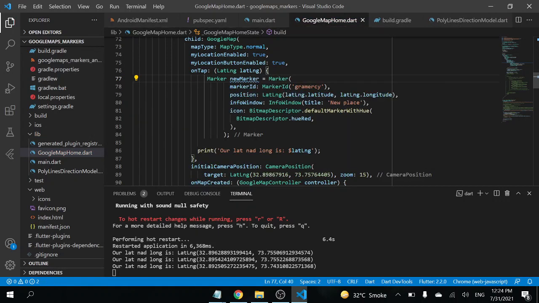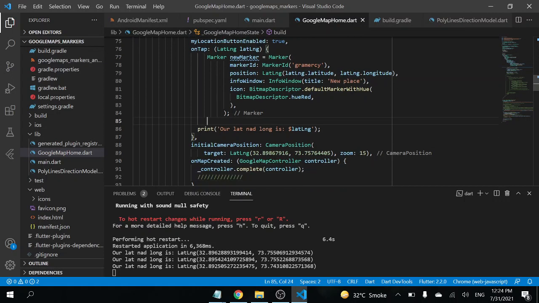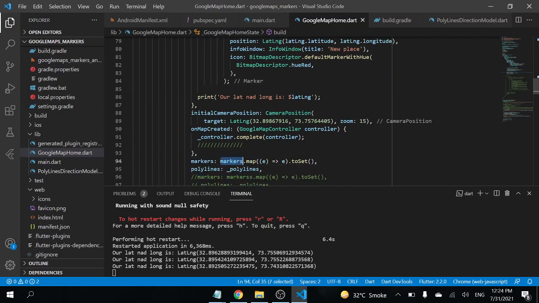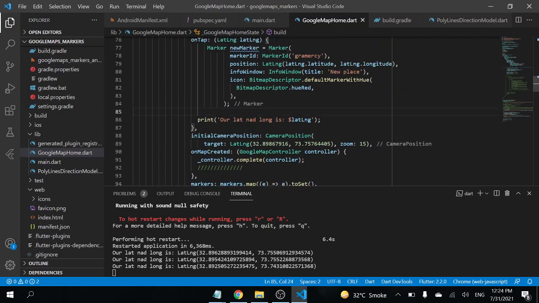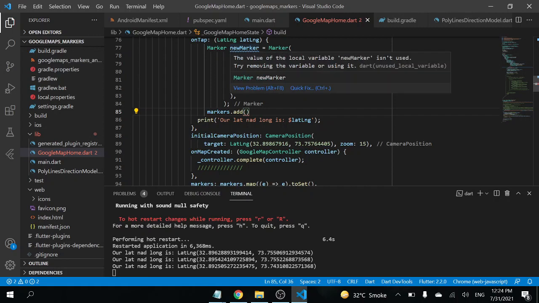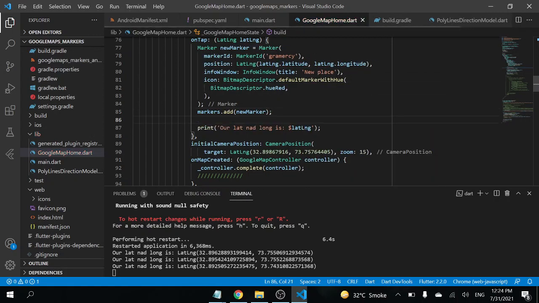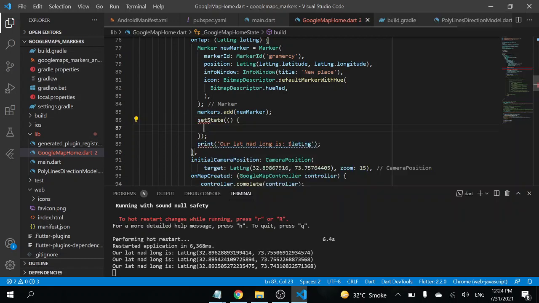Okay, after that we have to assign this marker to the list that we have already created. The list name is markers. So create markers dot add. What is the name of our marker? It is newMarker. After that we have to call setState. So now if we restart our app,